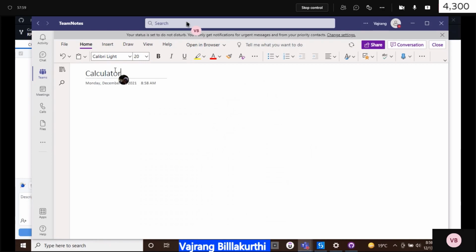Okay. Now let's write steps. What we are doing. Step number 1. On the top you have this one, right? You can click on it. Vajrang, sorry to interrupt. Yeah, tell me. Before writing what is the process, we can name it as use case: read the data from Excel file and do operations in Excel calculator application. We can name it use case. Yeah, that would be good. Just rename it. Calculator use case, whatever you want. You can rename it later. I meant to say process name. The title is calculator. That's fine, Vajrang.